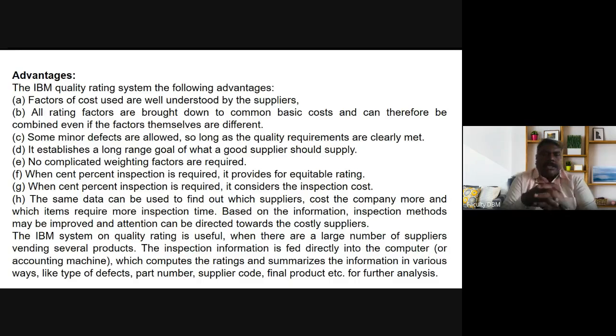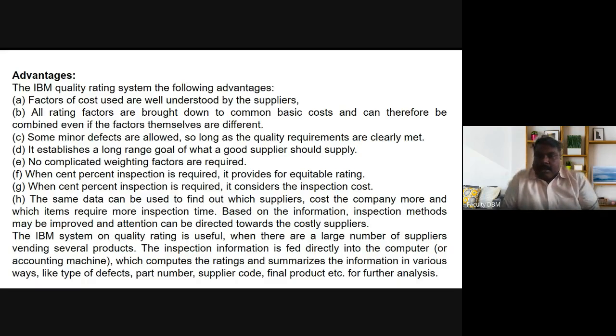When cent percent inspection is required, it provides equitable rating. When cent percent inspection is done, it considers the inspection cost. Whenever you go for compulsory inspection, it is cost consuming because the people are going to spend time measuring those things. The same data can be used to find out which supplier costs the companies more and which items require more inspection time. Based on this information, inspection methods may be improved and attention can be directed towards the costly suppliers. So this IBM system on quality rating is useful,